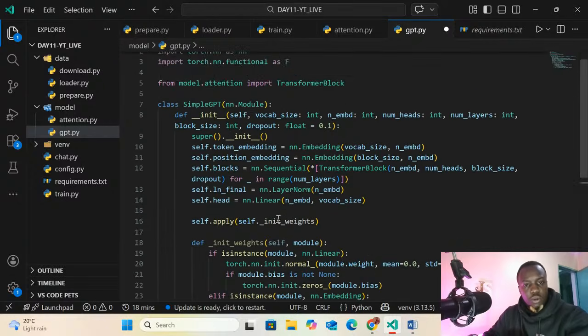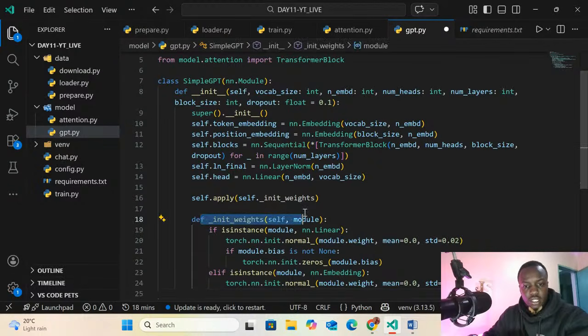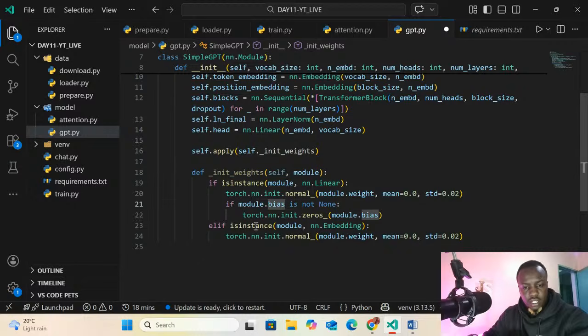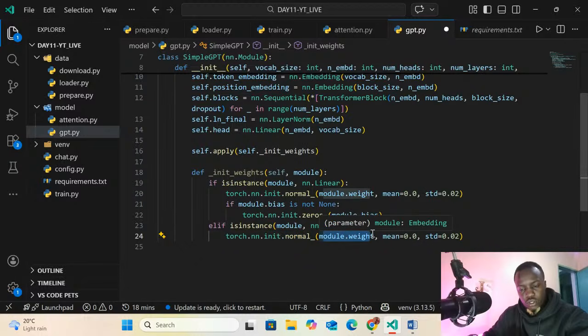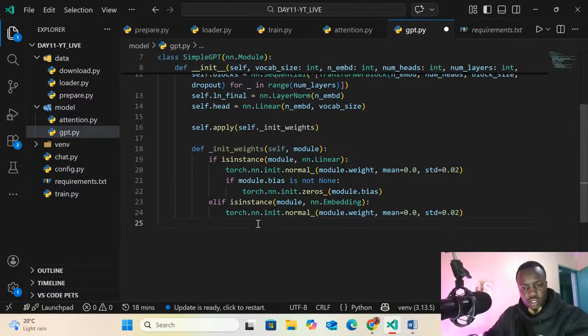So we calculate the weight of that model. Yeah, there we go. Let me just check if this is correct. nn.init.normal, module.weight, seems to be correct.